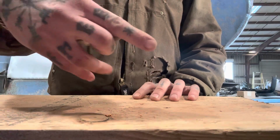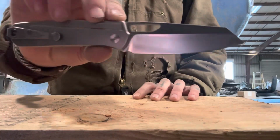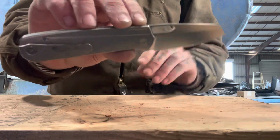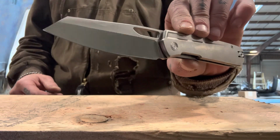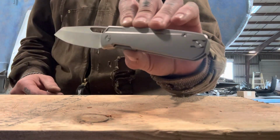What's up, dudes? Today we're cut testing with the Divo Knives Mash. This is in 14C28N blade steel. We got a nice hollow grind with a pretty thin measurement behind the edge, so I was excited to see